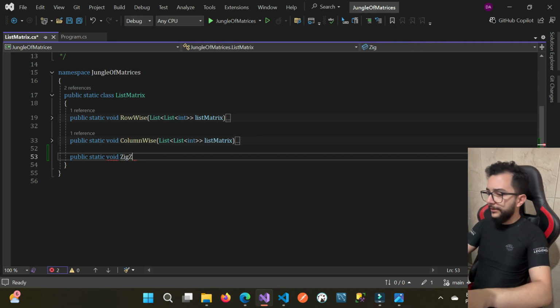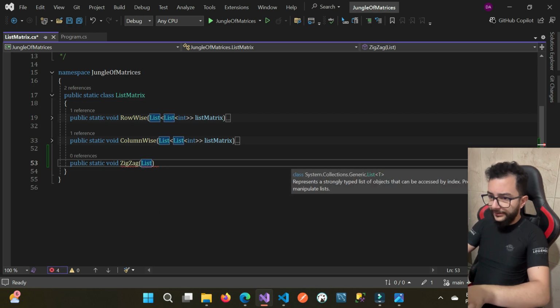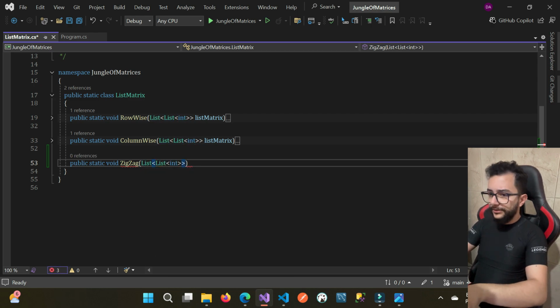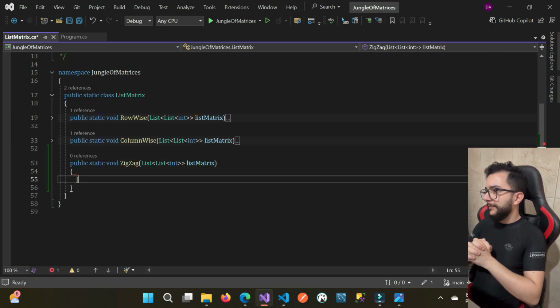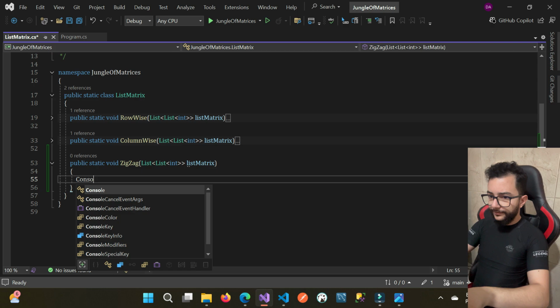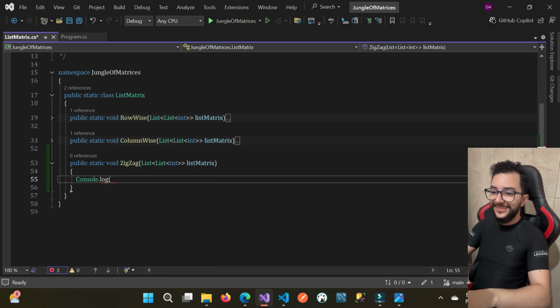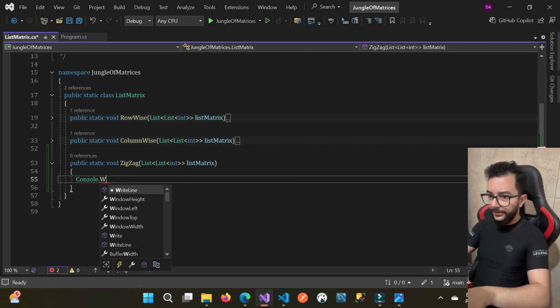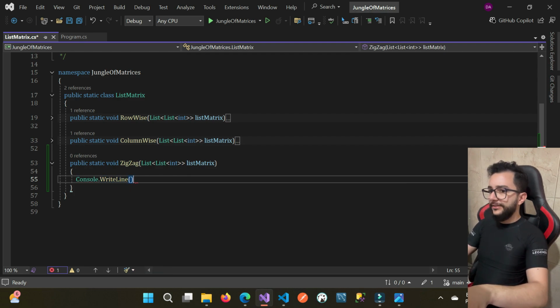It's going to receive the list of a list of integers, which we use to represent it, called list matrix, that we did. And inside it, I'm going to make a console log here. No, it's not JavaScript. Console.WriteLine. And inside this, we're going to make 2 break lines and